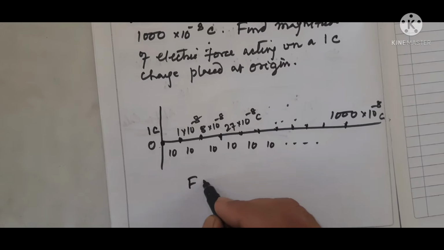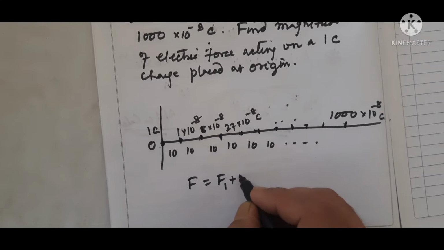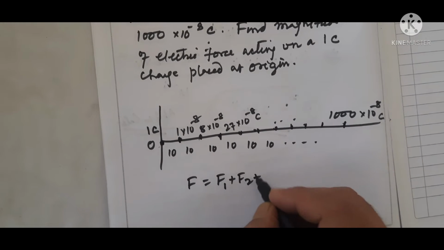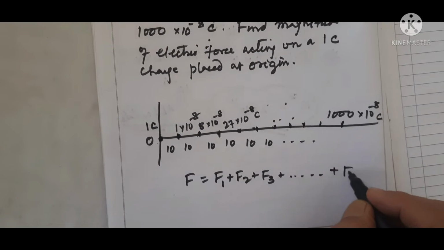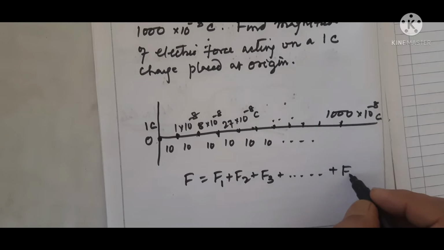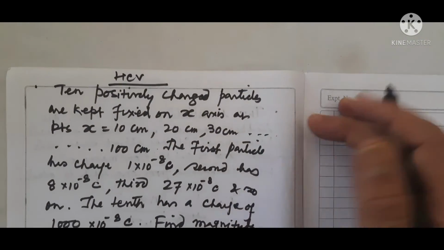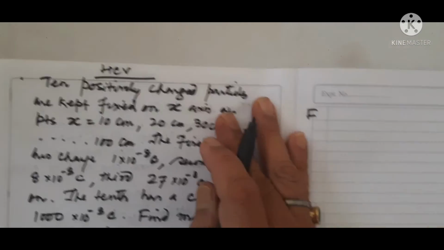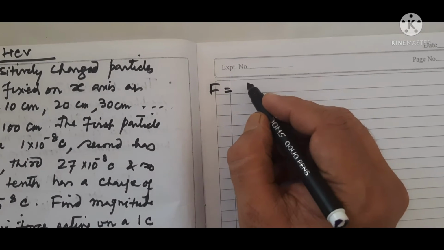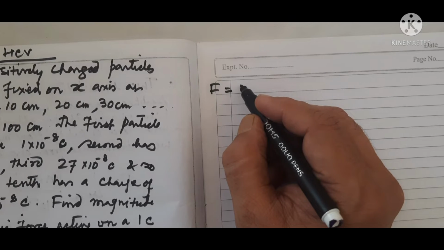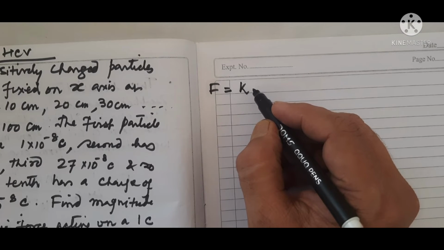So F will be F1 due to the first, F2 due to the second, then F3, and so on. The force due to the 10th particle is F10. So ultimately, what will be the numerical value? F is equal to K Q1, where K means 1 by 4 pi epsilon naught, and then